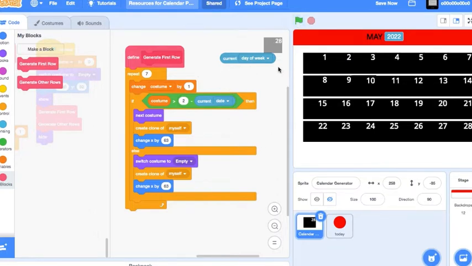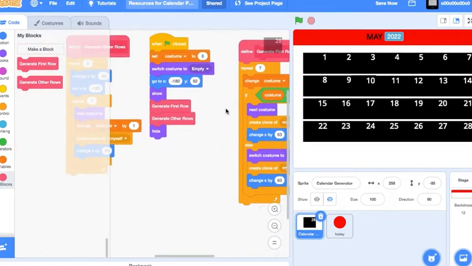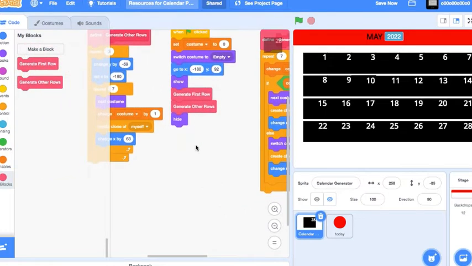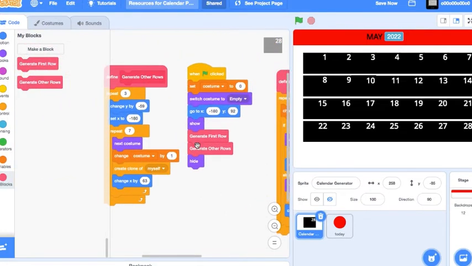So now that that's done, we can just fit this in there instead of the other ones. Now that we're done with that, all we need to do now is to find out which day it is today.